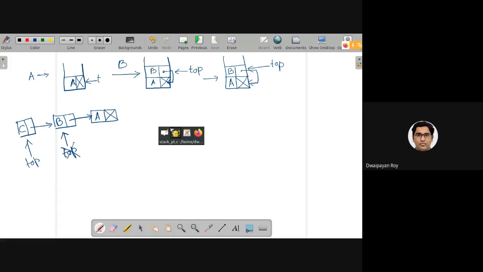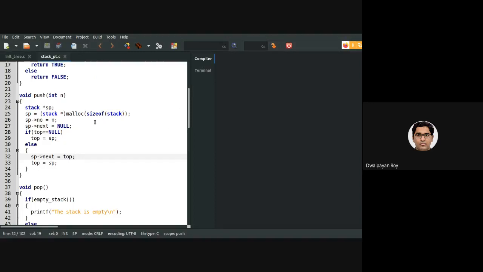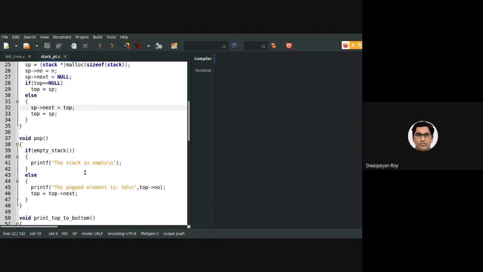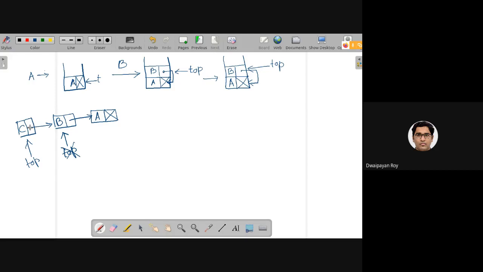All right, now coming back to the code again. Push and pop: similarly, in pop I'm just returning the present element at the top. If I consider these three nodes again, at top it is C, then B, then A. Top is pointing here.